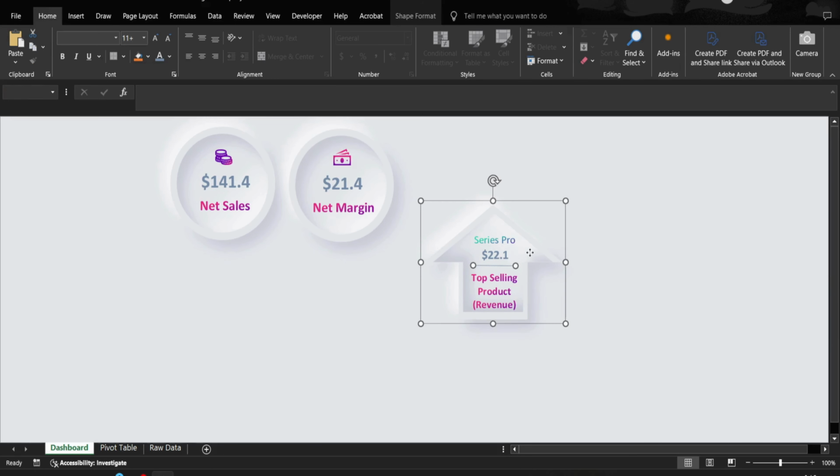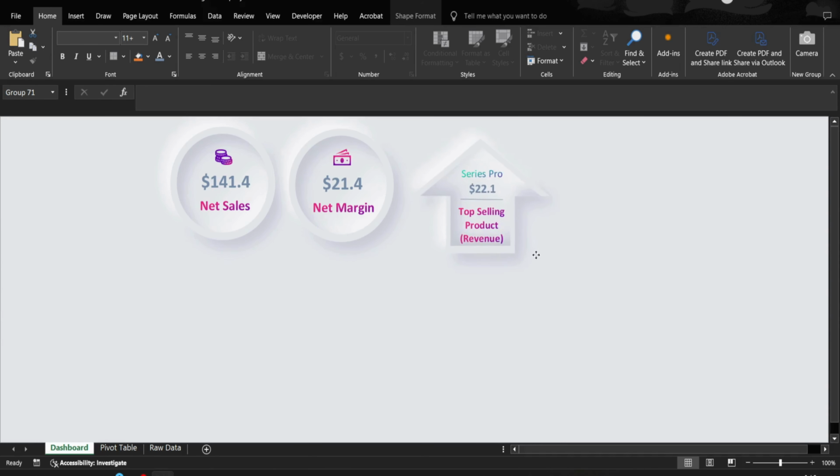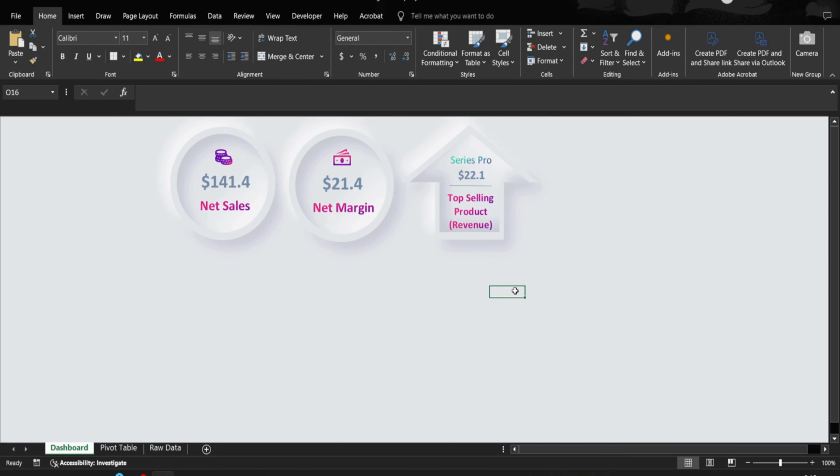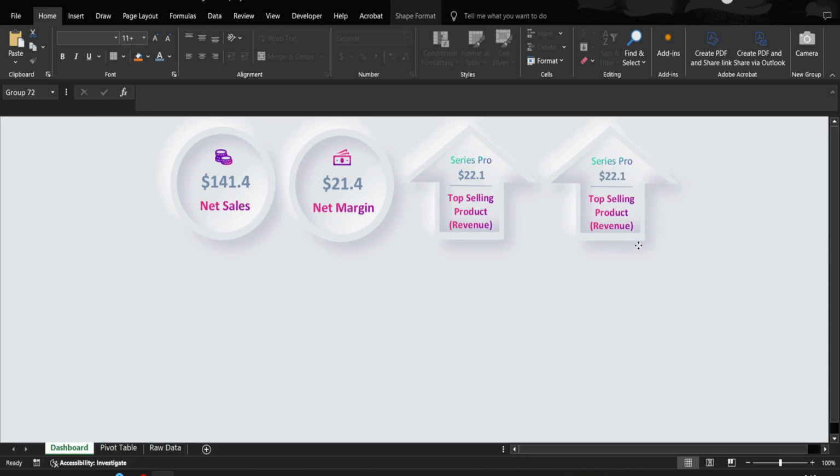Now selecting the line and the shape and grouping them together. Now the shape has been created. Similar to this shape, we need to create two more shapes for our top distribution system and top location. So we copy from here, we paste it here, and then we write top